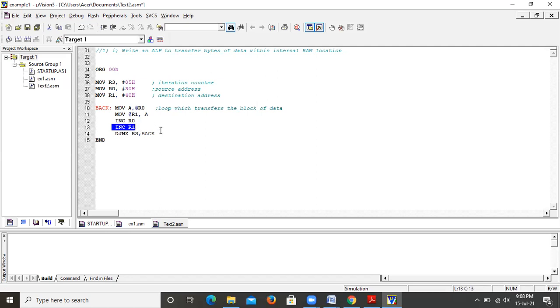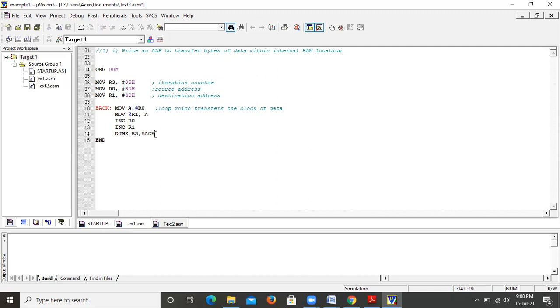Fine. So this process should be repeated until 5 data are transferred from source to destination. So use the condition DJNZ. What it will do? It will decrement once and it will jump if the value in the R3 is not equal to 0.